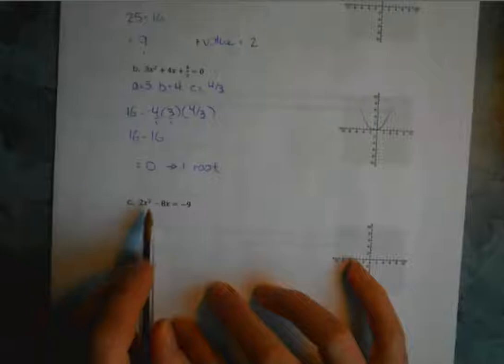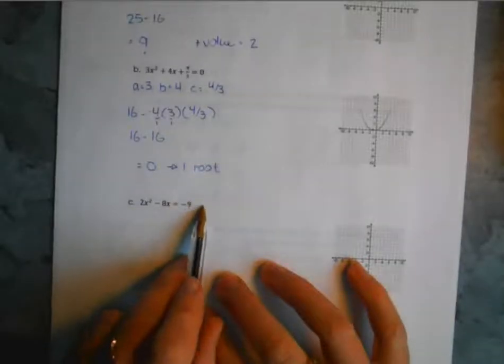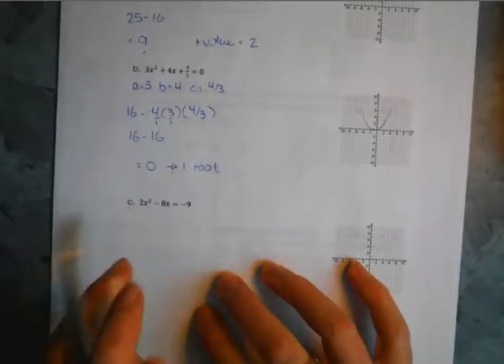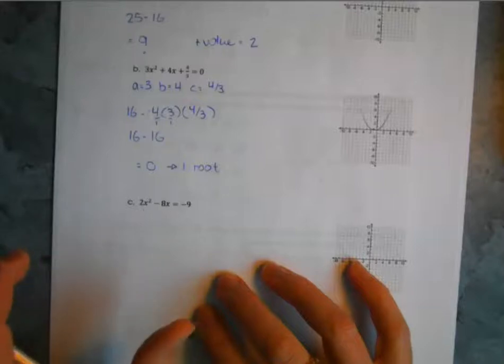Last one here. So in this case, you can see that our number value is on the other side. Make sure that if you see something like this, you know that just like when you're working with any quadratic equation,